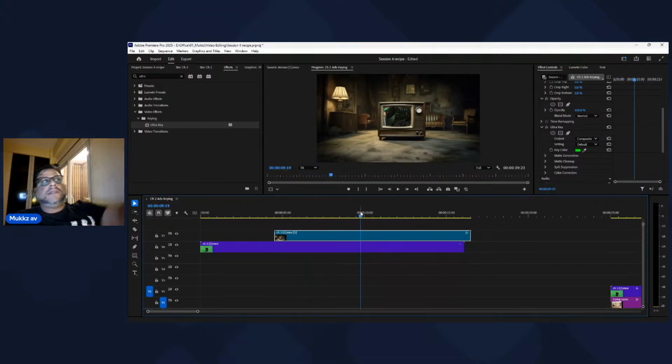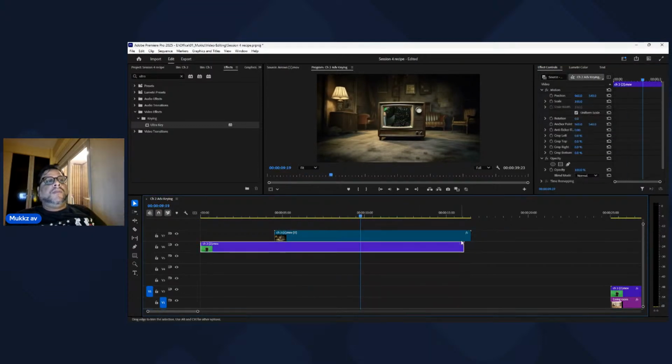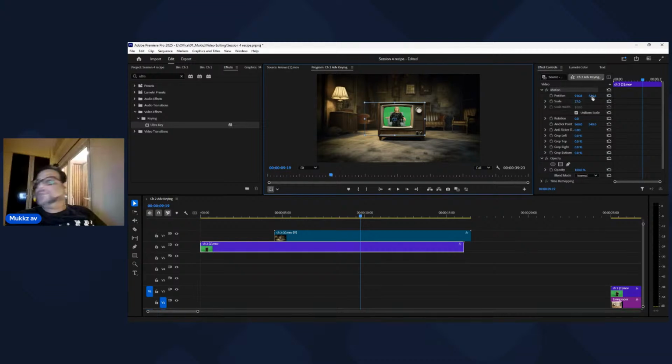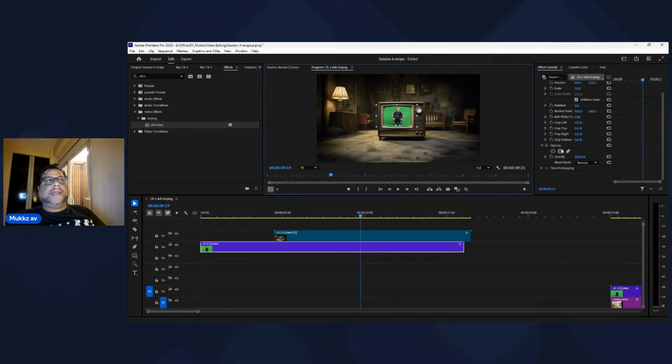And now to adjust the girl into the TV, we selected the girl layer. We went into the Motion tab, in the Effects tab, in Motion, and we just scaled down. We have just scaled down our girl. We have just done this. What I did with the opacity pen tool,